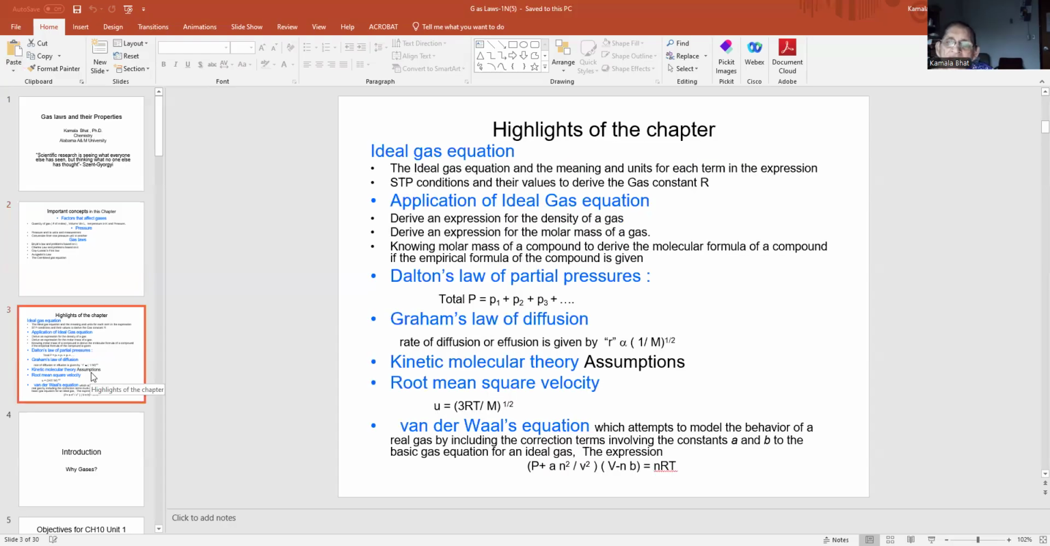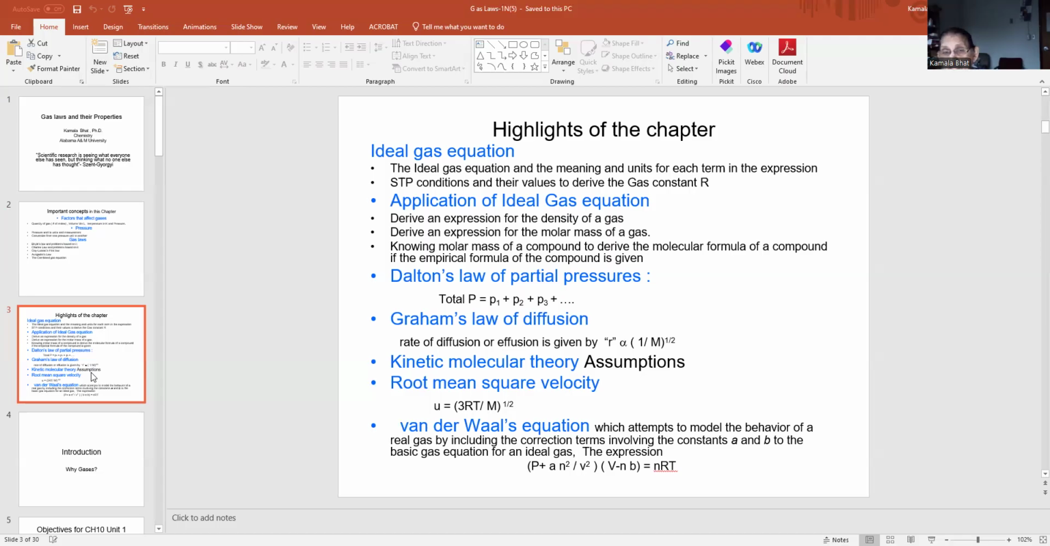Highlights of the chapter are as follows. Most important that you have to know is the ideal gas equation and the meaning and units for each of the terms in the expression, the STP conditions and the values to derive the gas constant, as well as how to derive the density of a gas and the expression for the molar mass of a gas. Knowing the molar mass of a compound, you can derive the molecular formula if the empirical formula is given. These are the applications of the ideal gas equation, followed by Dalton's law of partial pressures, Graham's law of diffusion, kinetic theory assumptions, and root mean square velocity,